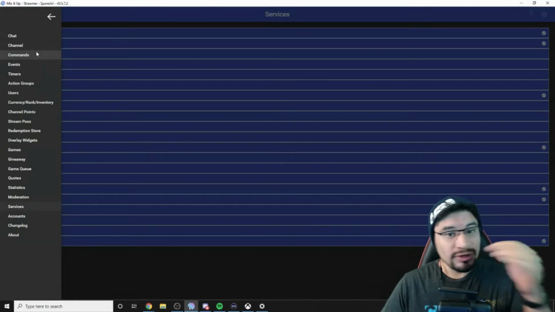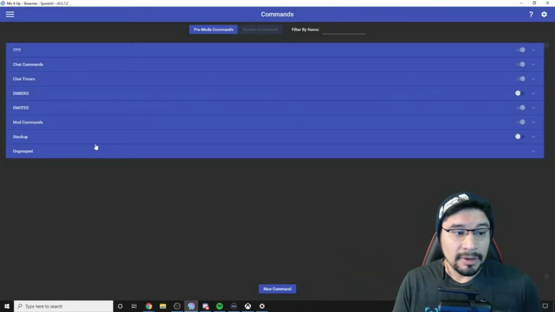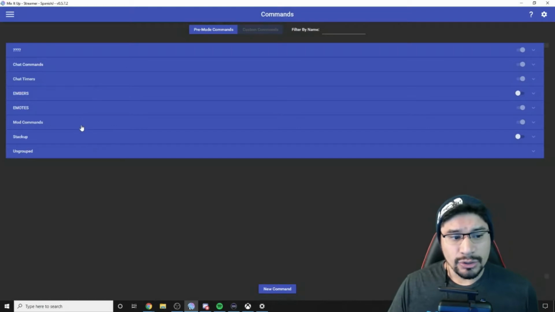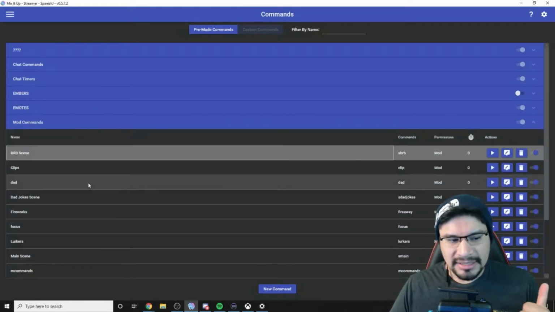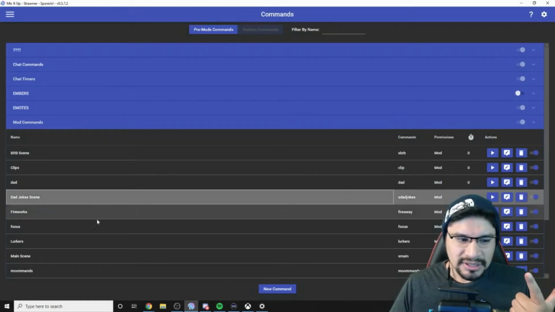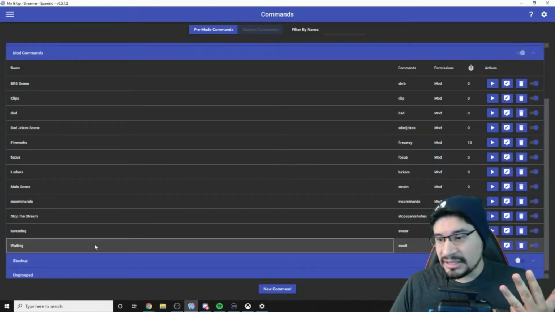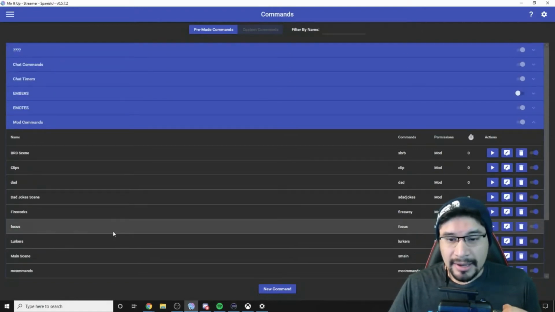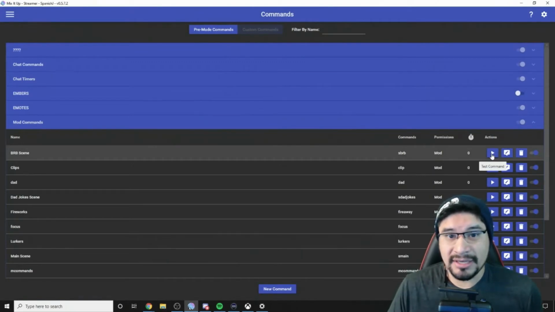If you click the three tabs again, you go to commands. As you can see, I have all of my commands set up in different categories. Categorizing them actually makes organization a little bit simpler. So for example, I can just go to mod commands, and as you can see, I have a be right back scene, the dad joke scene, the main scene, and the waiting scene. These are all things that my mods can do. All they have to do is put in the command, and